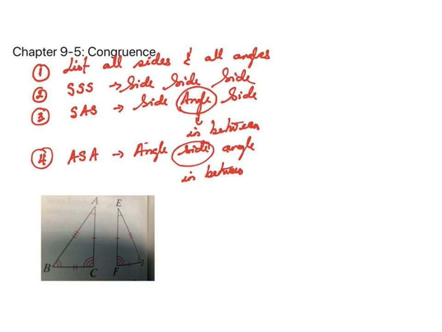Okay, let's take this triangle for example. Here they said on this triangle right here, this side is congruent to that side. You're going to say